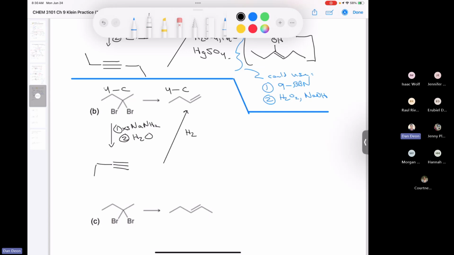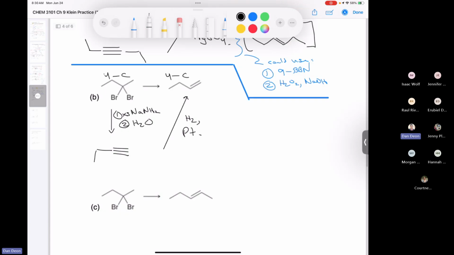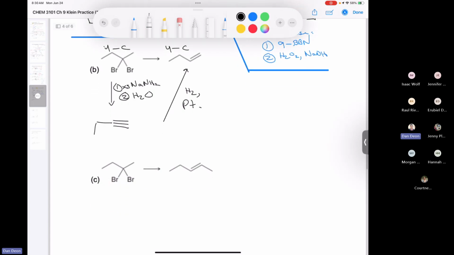You have to use hydrogen and palladium, platinum or nickel like that. Okay, next one, also in a similar vein. Right here, look, we have 4 carbons, and here we have 1, 2, 3, 4, 5 carbons. So we're adding 1. And the only way we know how to add a carbon to a molecule so far, and we'll learn more ways in organic chemistry too,